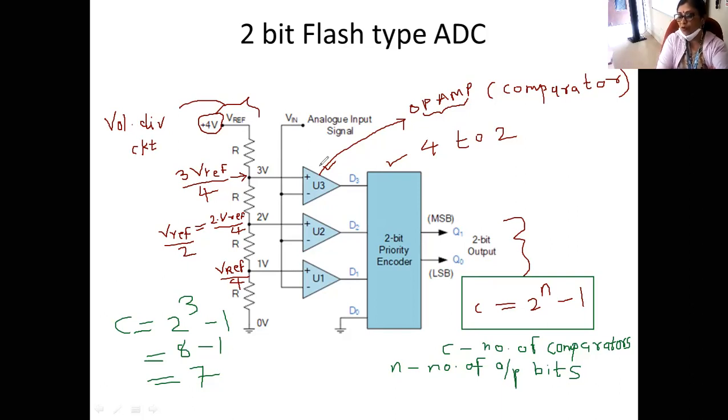And the advantage of this type of analog to digital converter is that it is the fastest type of analog to digital converter. It quickly converts the analog value into digital because the analog value is simultaneously converted into the digital value. Therefore, this is the fastest type. So depending on the application, whether you want greater speed or more output bits, you are going to choose the type of analog to digital converter you will use for your application.